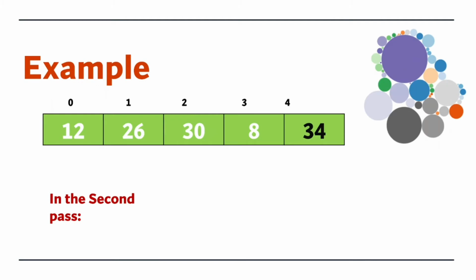Likewise, there will be a second iteration, right? So let us have a look at this. Again, I will be starting from the beginning. Now 12 will be compared with 26, which is correct. 12 is in the leftmost portion. That means there will be no swap. Now 26 will be compared with 30. Now 26 is also correct at the leftmost portion.